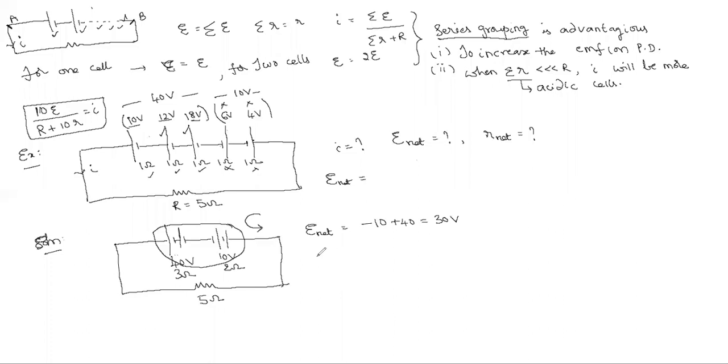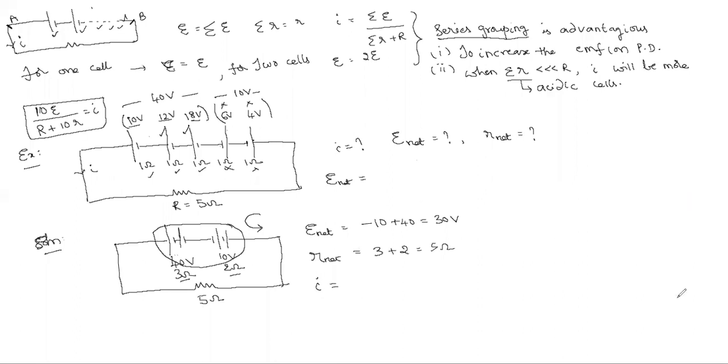Very good. And will you say R net, Nana? 5 ohms. Is it not 3 minus 2? No sir, internal resistance does not change. Very good. So even though they are opposing, don't write 3 minus 2, that is 3 plus 2. That equals 5 ohms total internal resistance. And here, what is I, Nana? 3 amperes. How can you get that is 3 amperes?